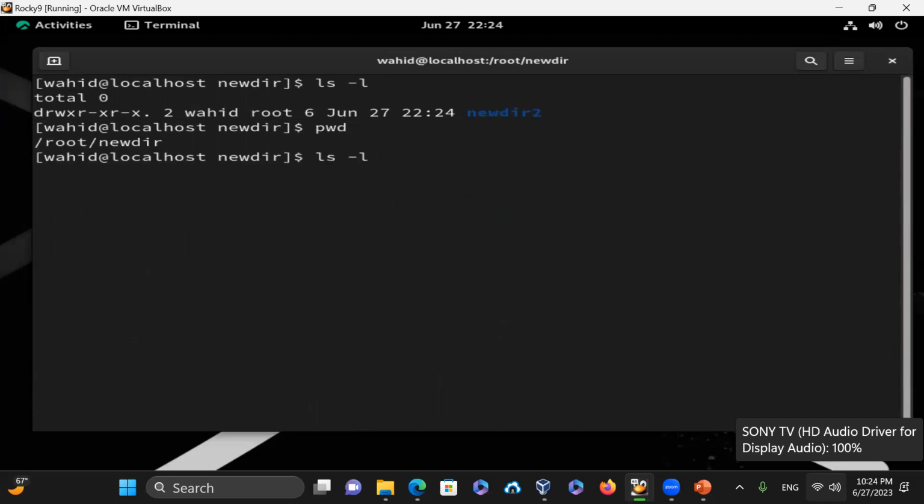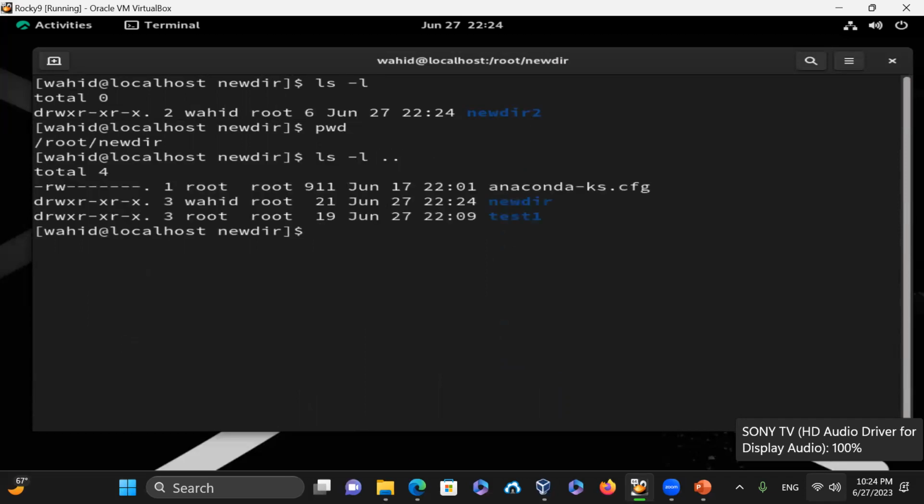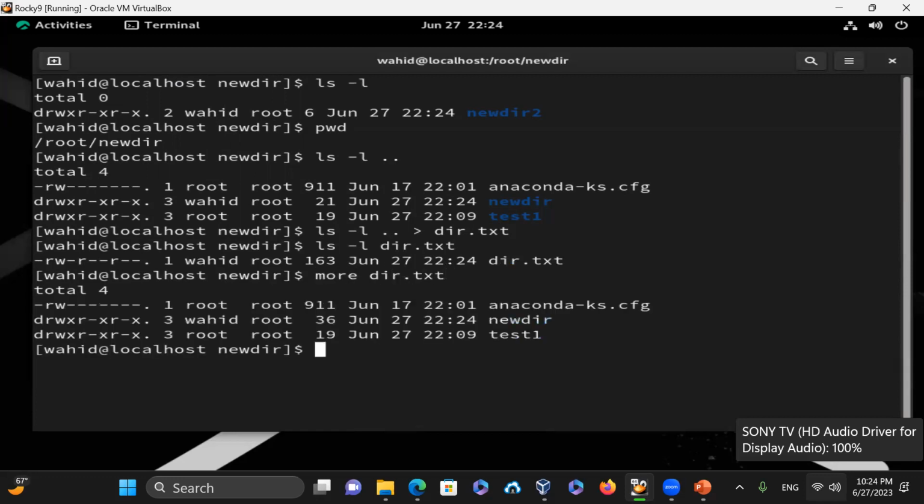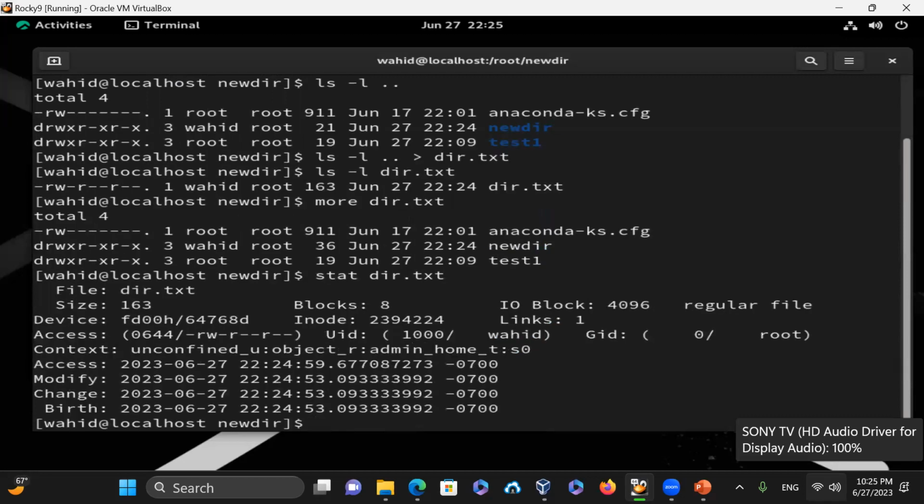If I just say ls -l .. and give me that listing, and I want to send this output to a file called dir.txt. So more dir.txt would show the content of the above. If I do a stat on dir.txt, you can see the statistics of when this file was created, the access, modification,